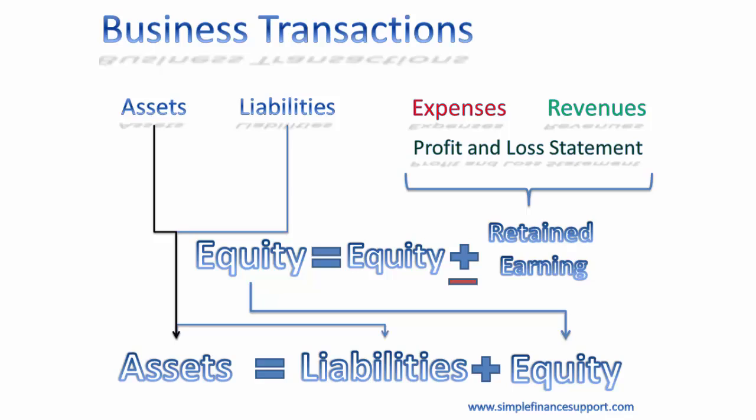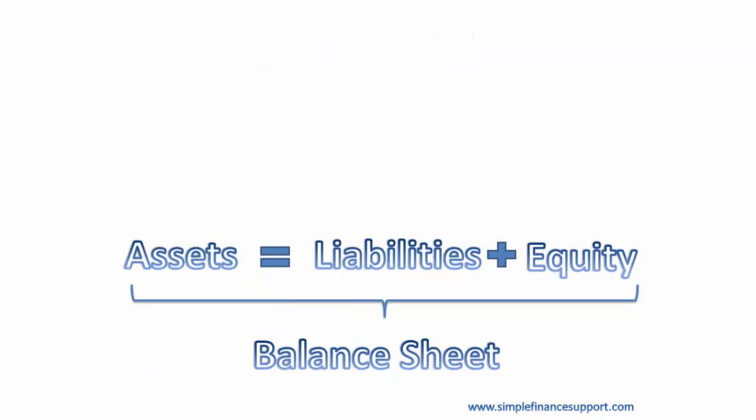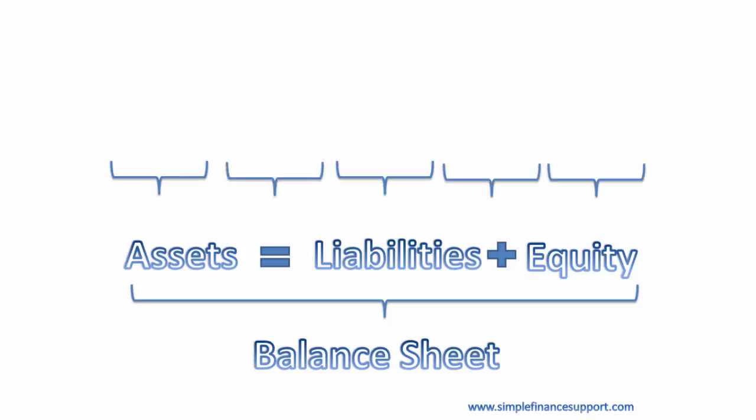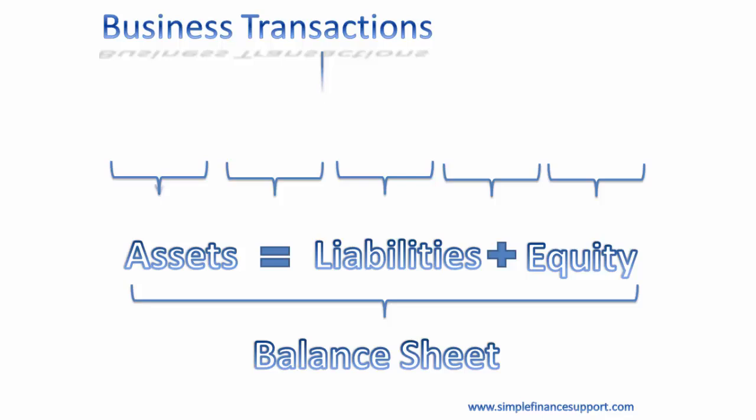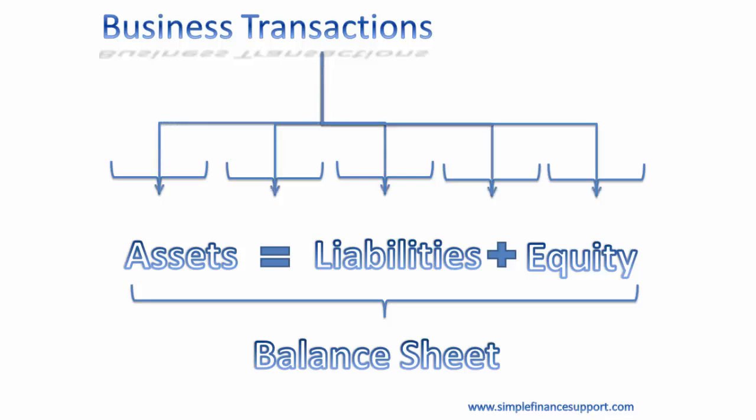Which is nothing but your financial position at any given point of time, which is your balance sheet. Okay, let's look at the overall impact. For all business transactions, you have a double entry system, meaning any business transaction that you do has a debit and credit,